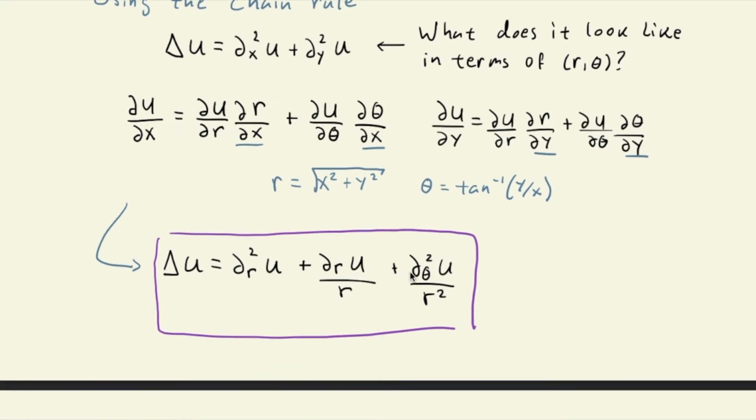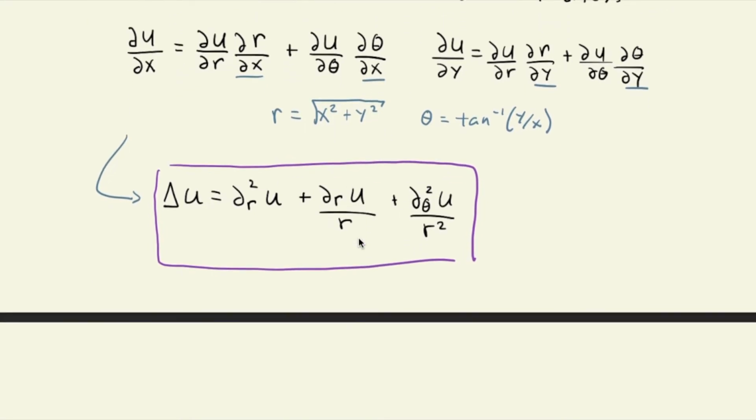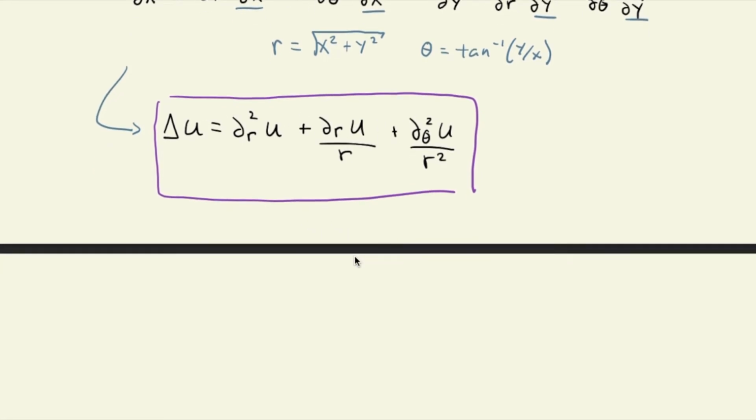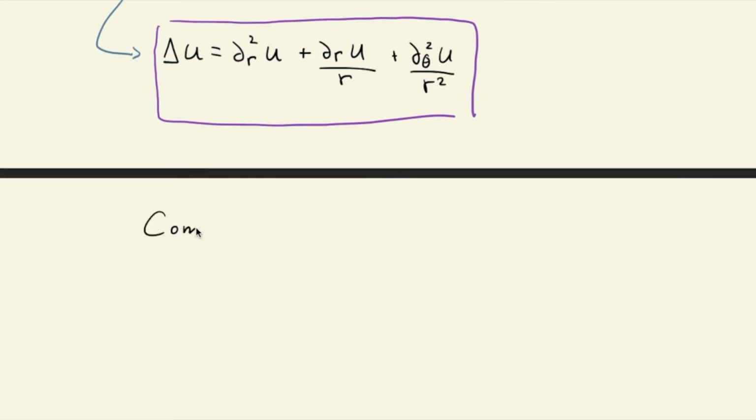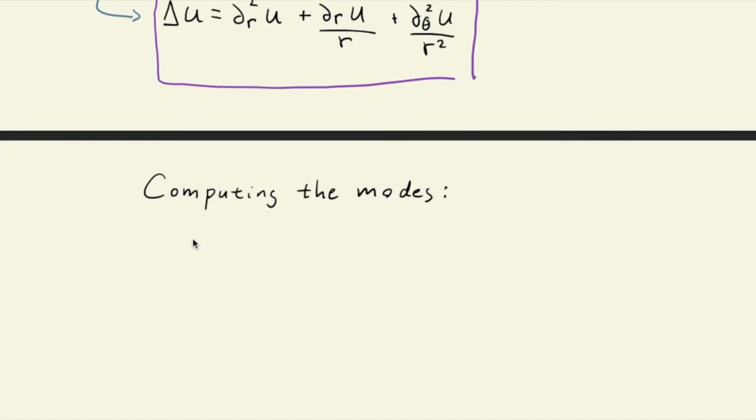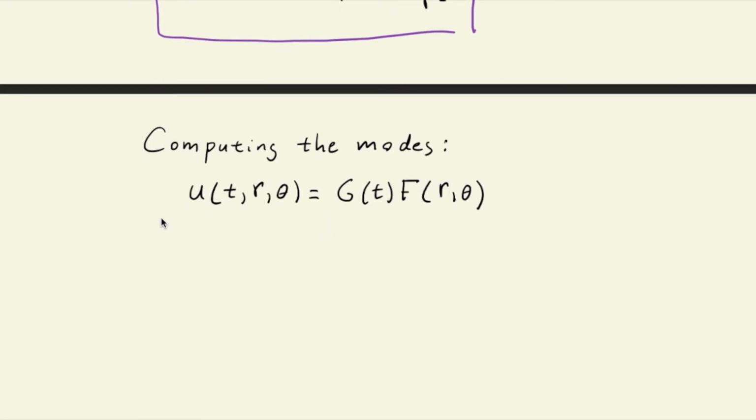Okay, with this expression, we can just go ahead and start our separation of variables method and compute the modes of this equation. Alright, so we're going to start by assuming that u(t, r, theta) can be written as a function of time times a function of space, which is going to be in terms of polar coordinates, right? Plugging this into the wave equation,